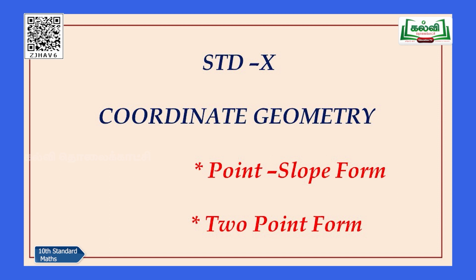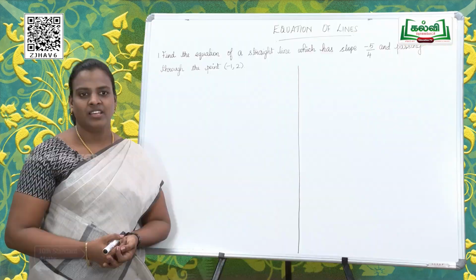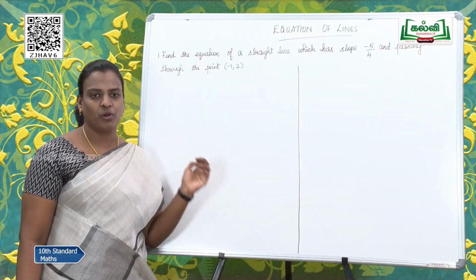Okay, now let us have a quick recap of what was done in the previous class. Do you remember what was done in the previous class? Yes, very good. Some of you are saying the answer. Now we did about the slope-intercept form and the equation of coordinate axis. We learnt about the equation of x-axis, we learnt about the equation of y-axis, and we also learnt about the slope-intercept form. Now let's move on to solve the problems, children.